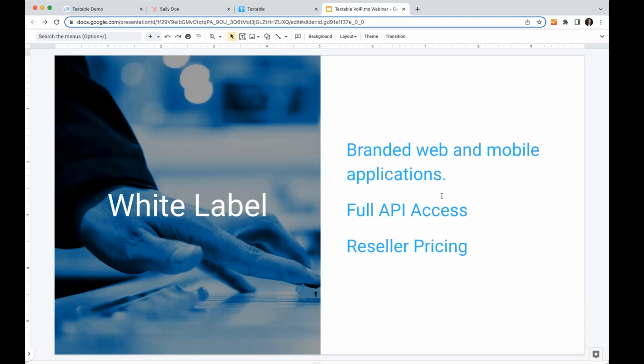Definitely heavy on the hosted reseller side. You get your own branded web and mobile apps. Again, that includes apps in the App Store under your own brand. We publish everything for you. We maintain it. We update it. And again, it just looks like you've created your own app. And then the last benefit to that is the reseller pricing. Being that there's a minimum commitment to the white label side, we also help you scale at the per user cost by giving you that reseller pricing.